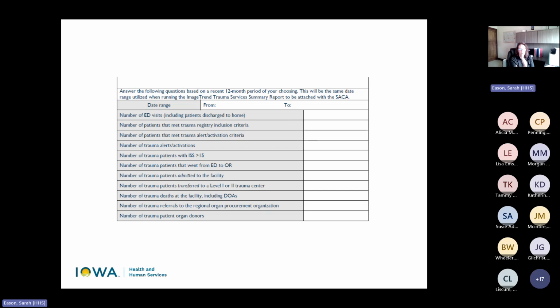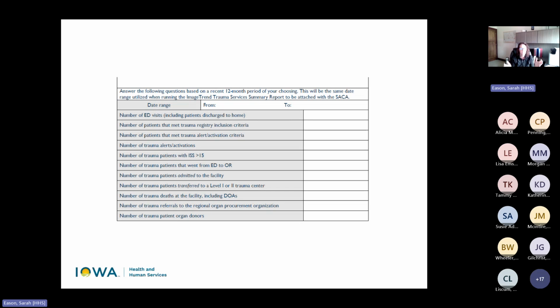Here is where the confusing part happens. The state has, for your state verified trauma centers, a state data dictionary. That is also written into administrative rule, and it references the 2017 data dictionary. In the meantime, ImageTrend, being a separate corporation, utilizes the NTDB data dictionary. The NTDB updates every year. ImageTrend gets a hold of that, and they map their program, the ImageTrend Trauma Patient Registry, to the NTDB.